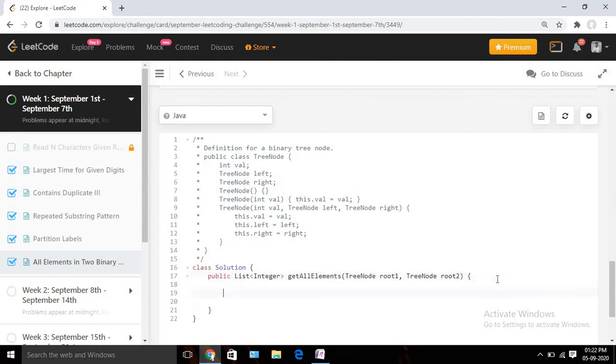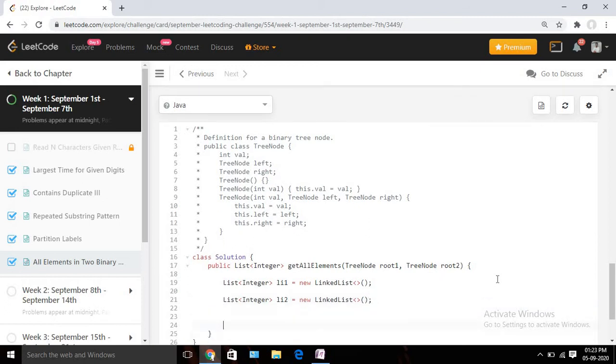I told you, we need to take two lists to maintain the order of the given two tree nodes. Okay, so let's do that. So let's declare two lists. It will be Integer only, since we are going to store the integer value. Let us name it as L1 only, and let us take a linked list. Now we will declare a similar list for our tree 2 also, right? So let's do that. Let us name it as L2 only.